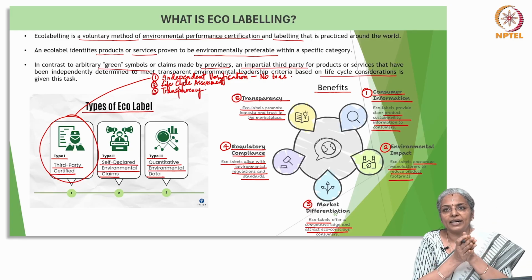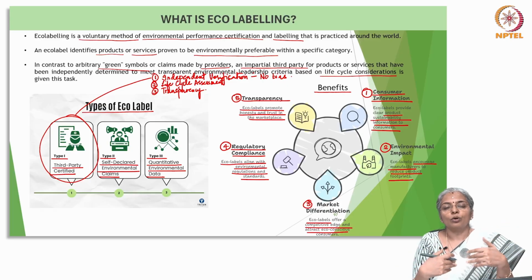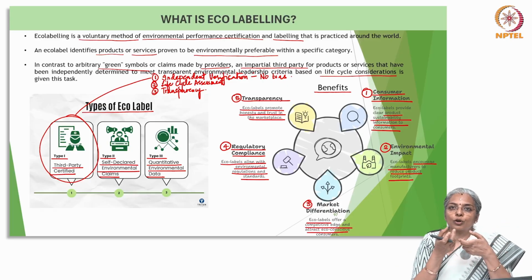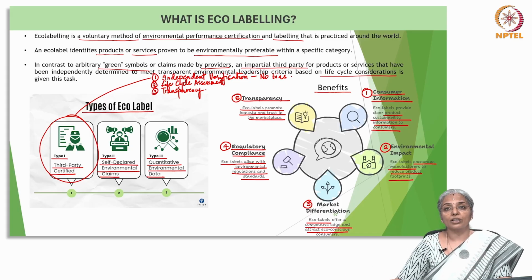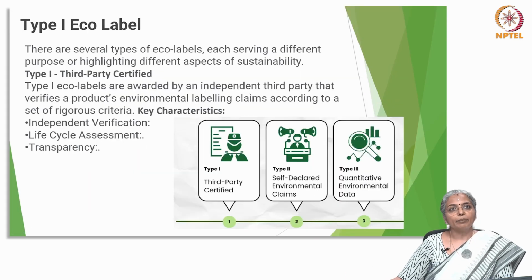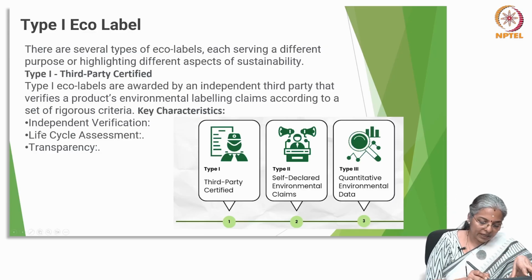It's very transparent because the standards and criteria for certification are available in an open public domain. Therefore, when anybody wants to go for the certification, they are aware of what all data will be scrutinized of the product or the services. So, there are many examples of this type 1 eco label, but the main criteria or main characteristics will be their independent verification,